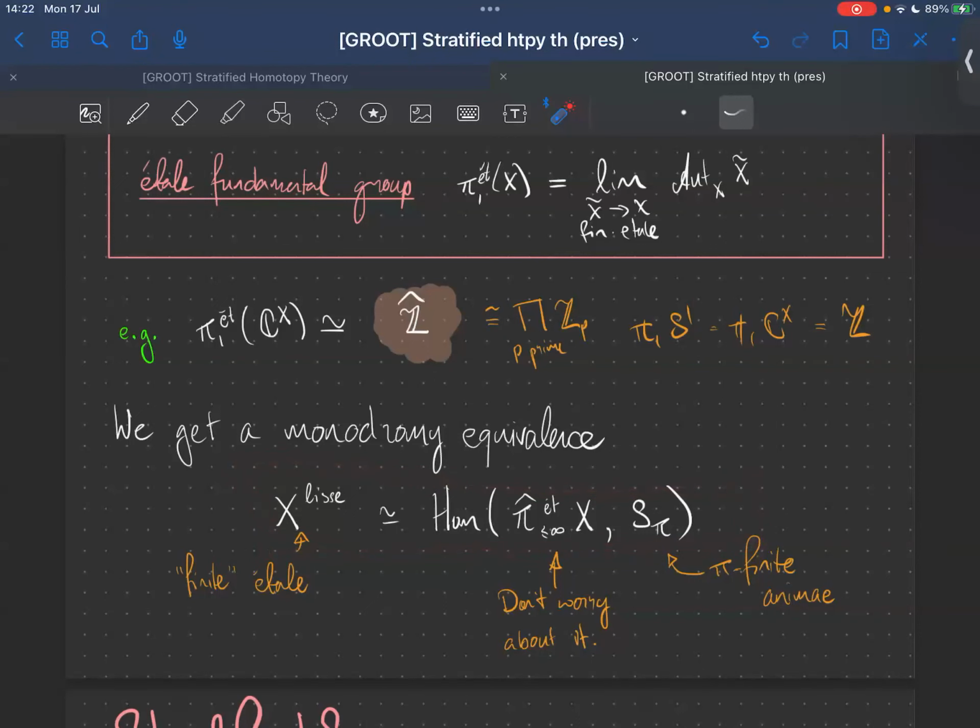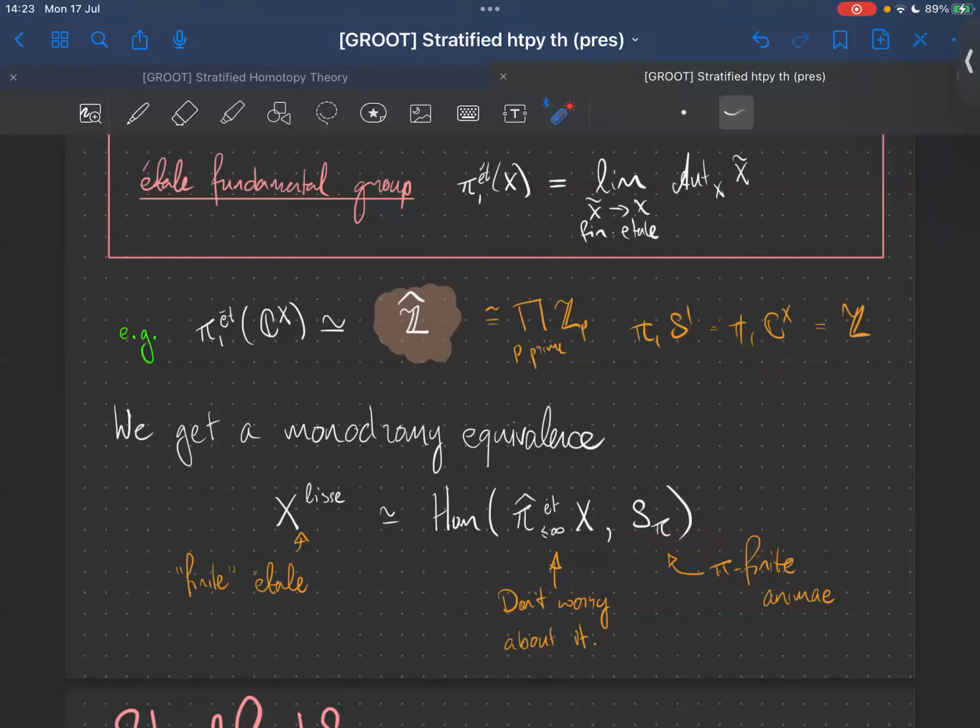And I want to emphasize that because this is the philosophy of exodromy, I guess. We want to consider some kind of weird category of sheaves of a certain type over a space, which should hopefully encode some kind of geometry. The geometry that we're considering here is covering spaces. And we want to think of it as, in some sense, some kind of functor category. We have to do something weird here: we have to choose a really weird category to map out of. And we also have to consider only pi finite